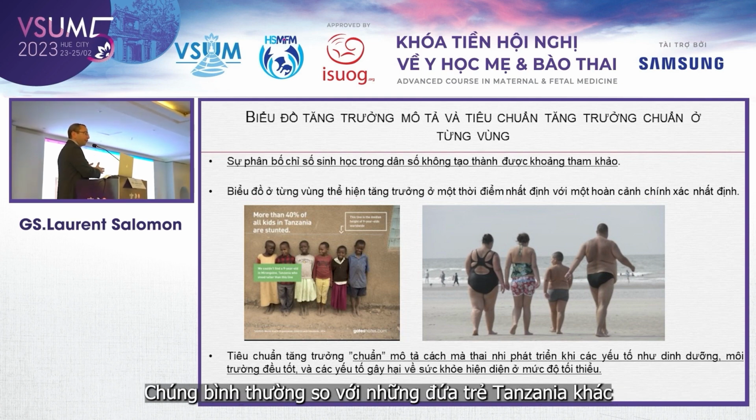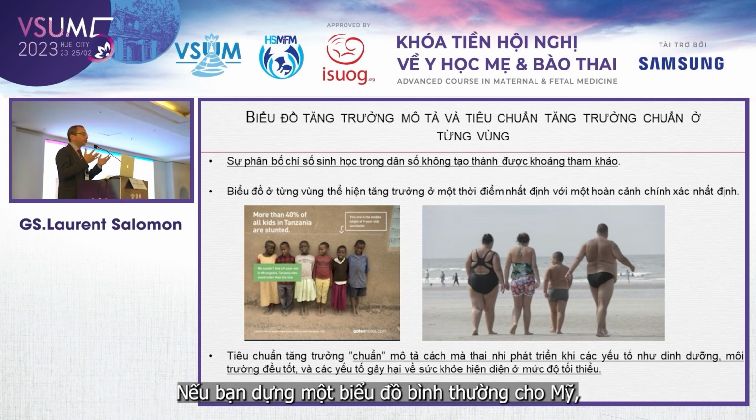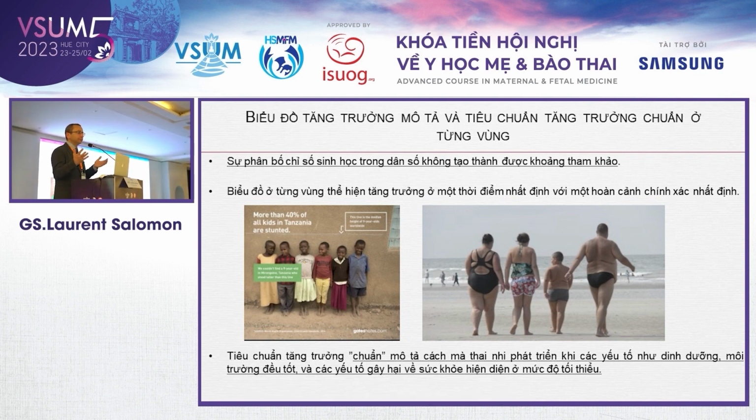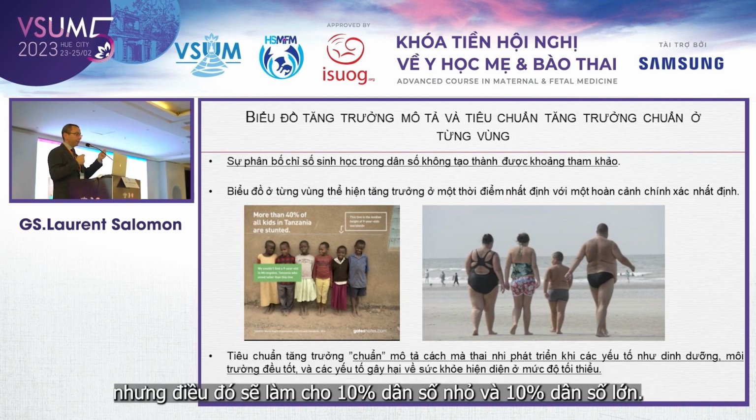They are normal for Tanzanian infants, but they are not normal on a more universal thinking. And the same applies for this American family. If you were to compute normal charts for weight in the US, you would think that being obese is normal, because almost 40% of the population over there is obese. So you can see the problem of the definition and of the choice between descriptive charts that will apply to